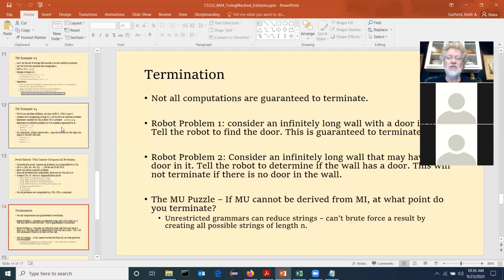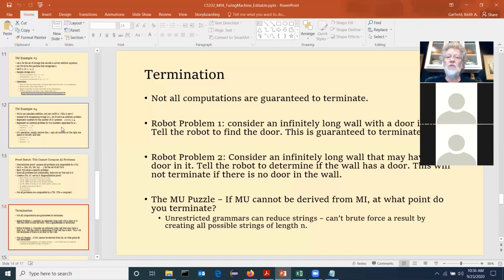Basically, what you're saying is you don't know if there's a magical number out there somewhere where the length of the string will finally collapse back down to mu, and therefore, if you're just brute forcing the mu puzzle, there's no guarantee of termination. And this is completely different from the other languages, because if you remember, let's specifically focus on the regular and the context-free languages, you couldn't destroy